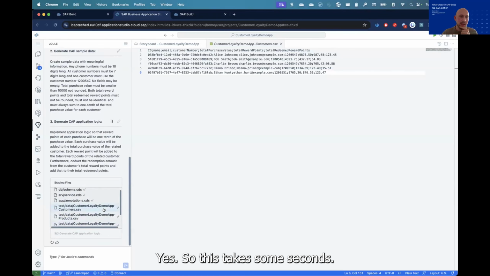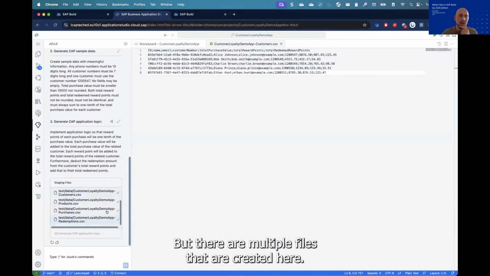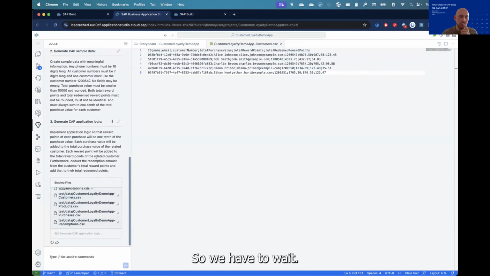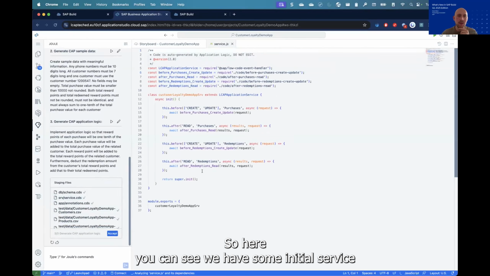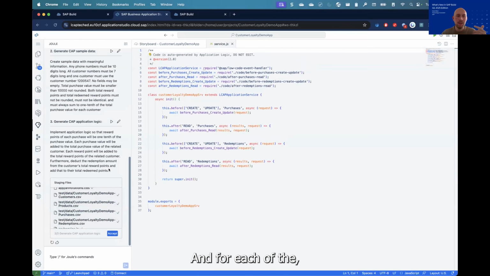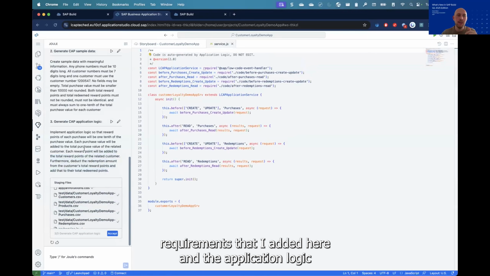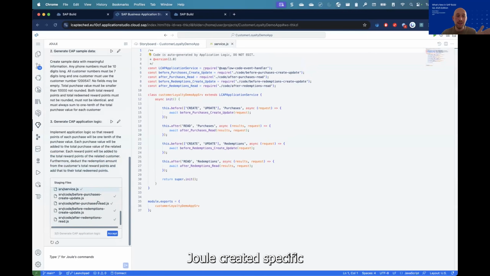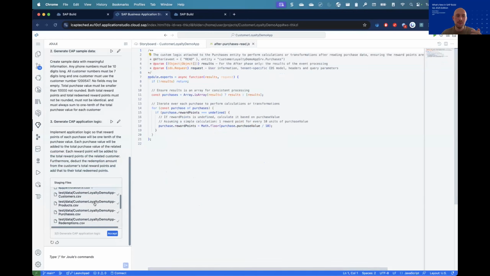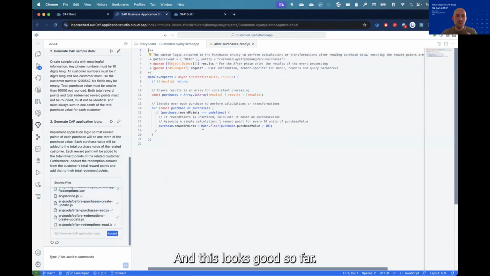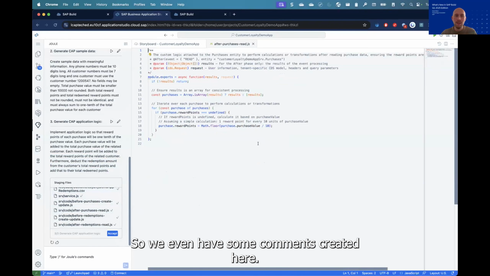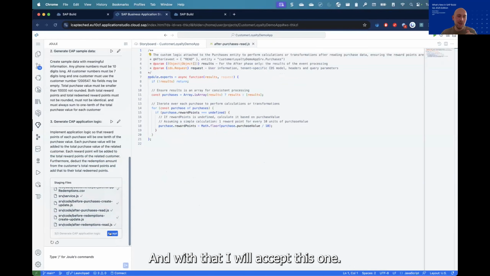Yes, so this takes some seconds, but there are multiple files that are created here, so we have to wait. Oh, that looks good. So here you can see we have some initial service JavaScript file created for us. And for each of the requirements that I added here in the application logic, Joule created specific event handler files that are used for this custom application logic. And this looks good so far. So we even have some comments created here. This looks really good. And with that, I will accept this one